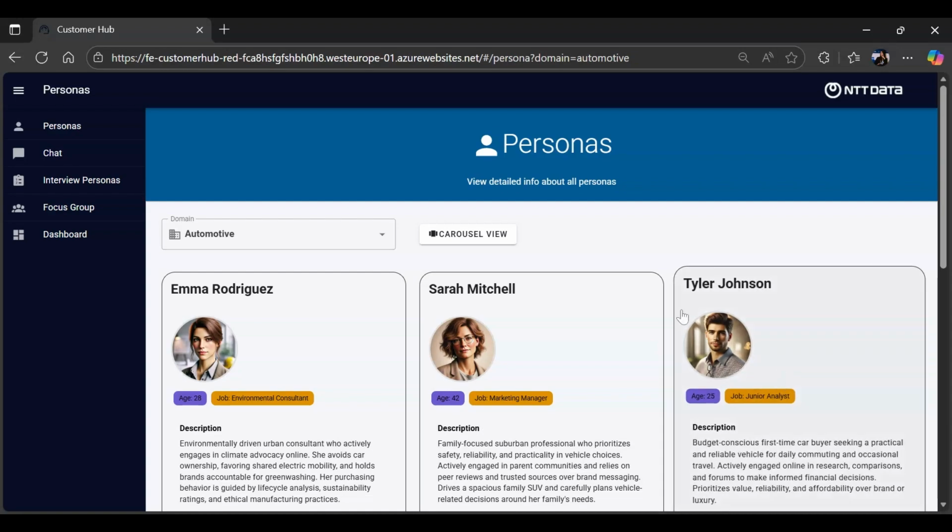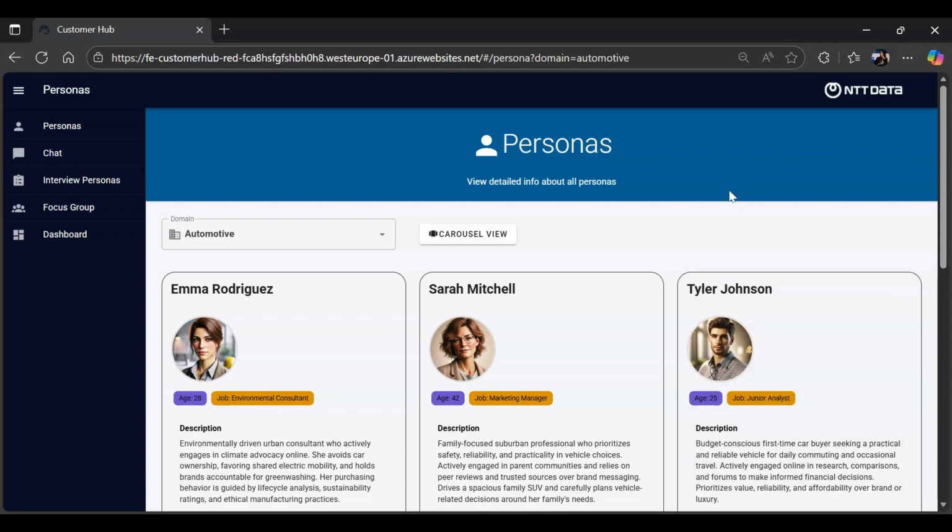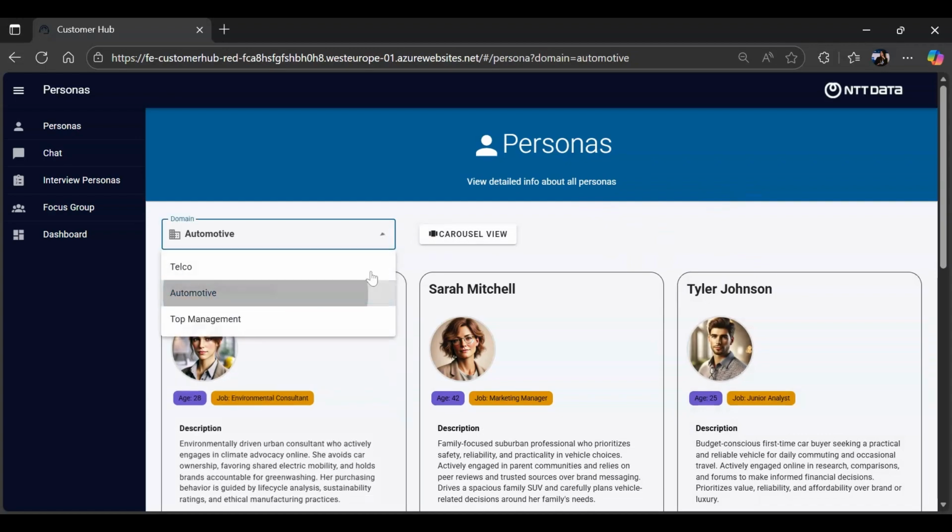Imagine you want to launch a new product on the market and you want to test the perception of your clients before you actually launch it in the real world. Now, with the social simulation platform, you can do it. You can leverage the capabilities of Gen AI-based digital personas that will be digital copies of your real customers with